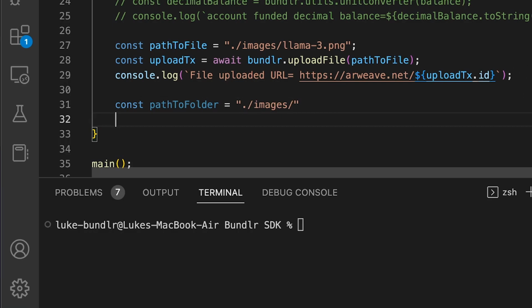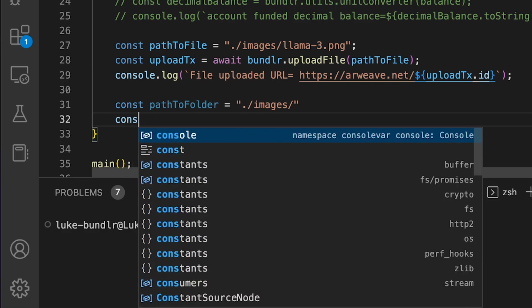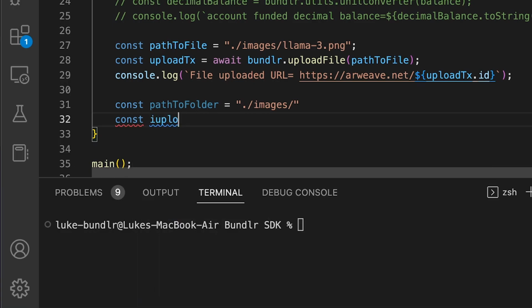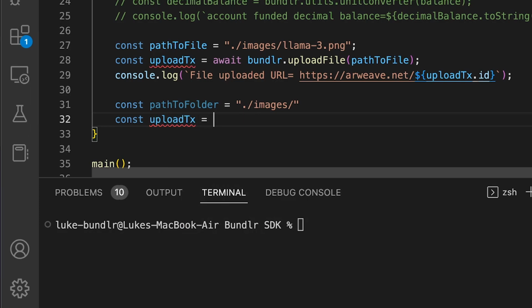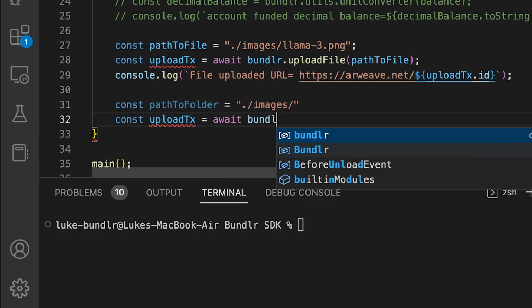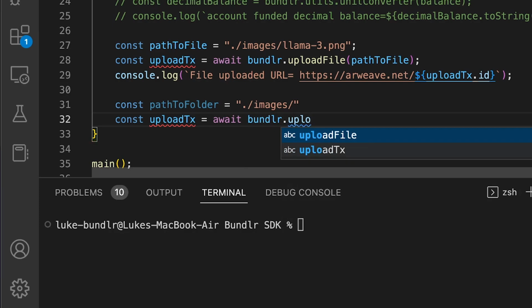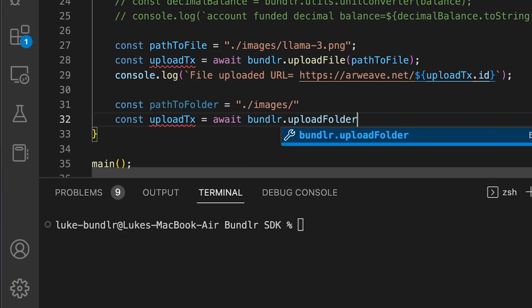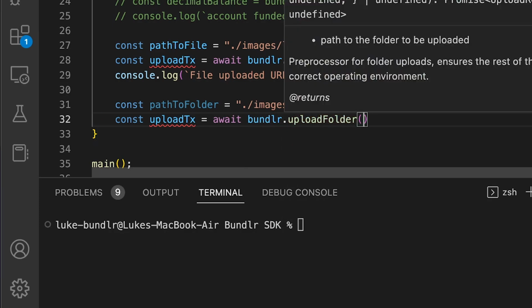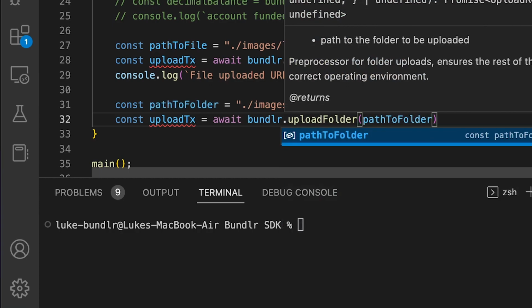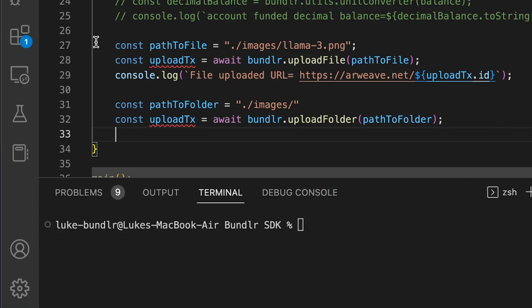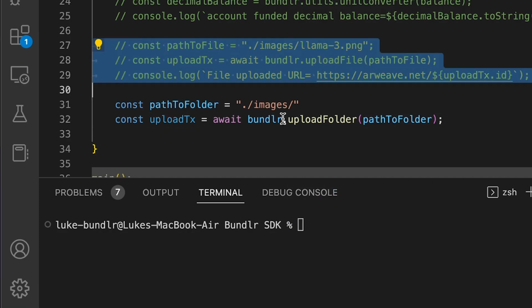Now, what do you think it is? uploadFile is uploadFile, uploadFolder. Const, call it the same, uploadTx equals, oh wait, bundler.uploadFolder, right? And we just pass pathToFolder. Cool. Yeah, we don't need to do this again. Comment this out.